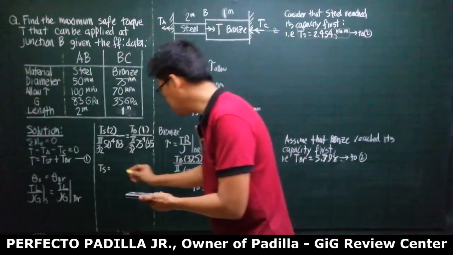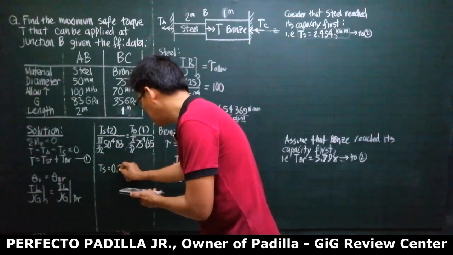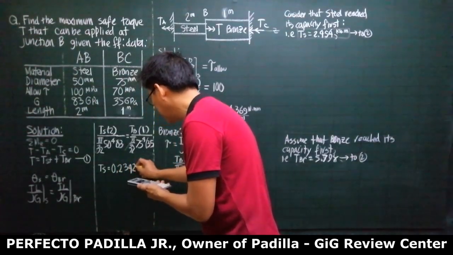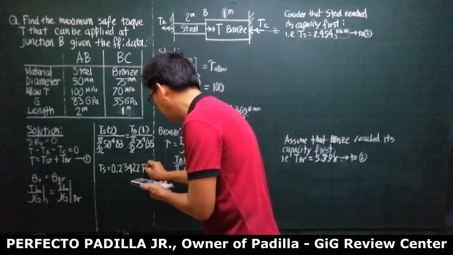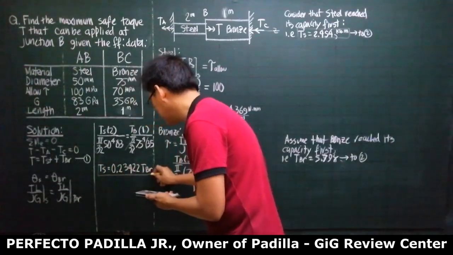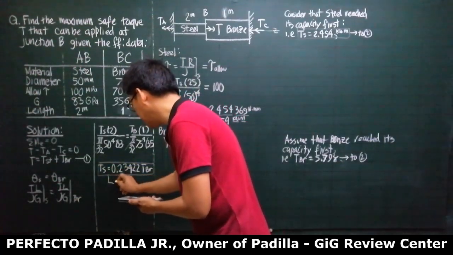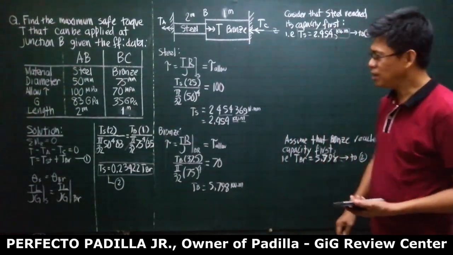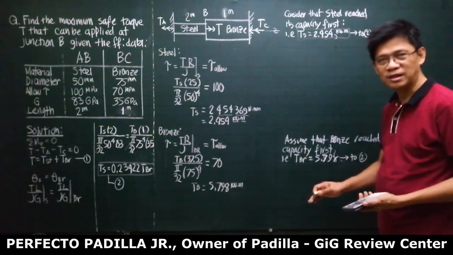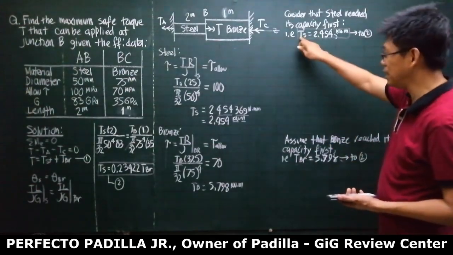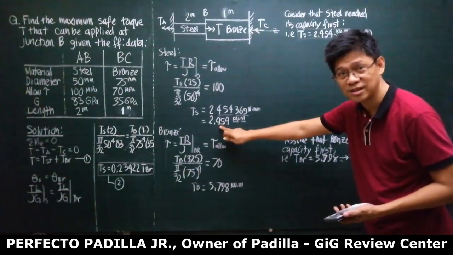T_S is equal to 0.2342 T_B, T in bronze. Let me call this equation number 2. Okay? If I assume that steel will reach its capacity first, meaning T_S is equal to this,